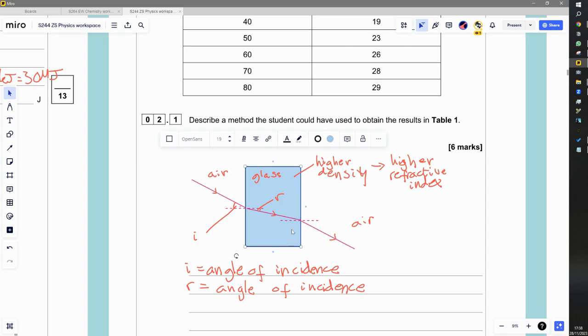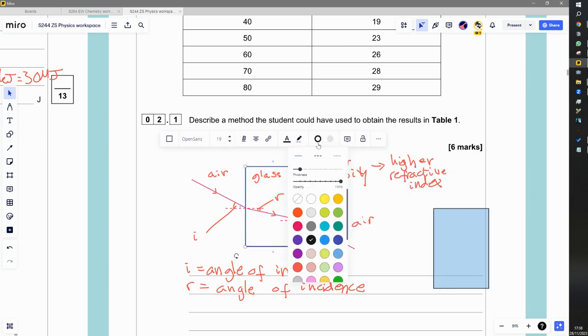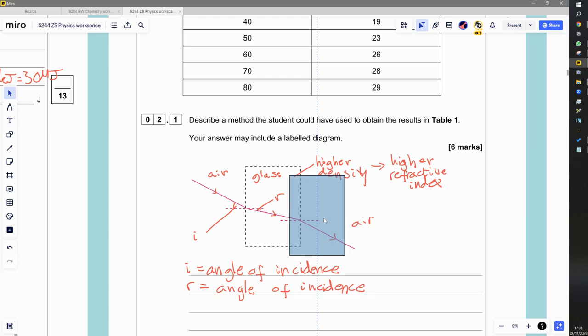So the way I'm going to do it here is I'm going to make a copy of it, put that over there. I'm going to make that one like that. And I'm going to make this into a dotted line. You don't need to actually draw a dotted line there, of course, but now you've drawn that, and of course the rays of light won't look the way that they're looking right now. But when you place it back on,